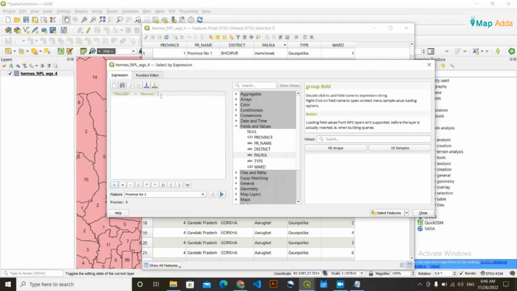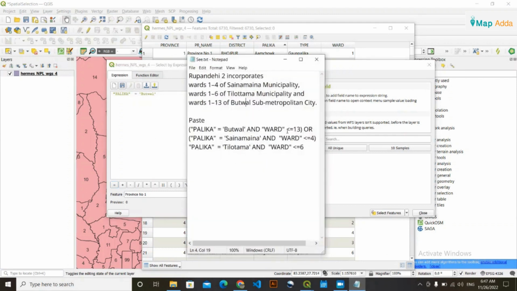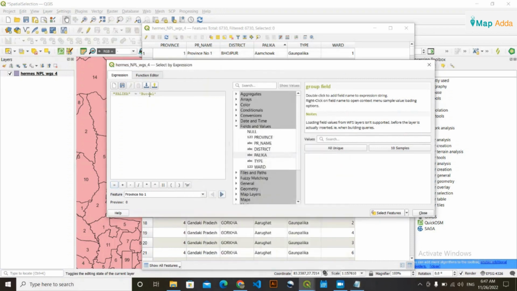Butul also there are different wards. So if you write only this and press select features, then Butul with all, I think probably there are 19 wards, all 19 wards are going to be selected. But I don't want all those 19 wards, I want only those smaller than 13. So what I'm going to do is,